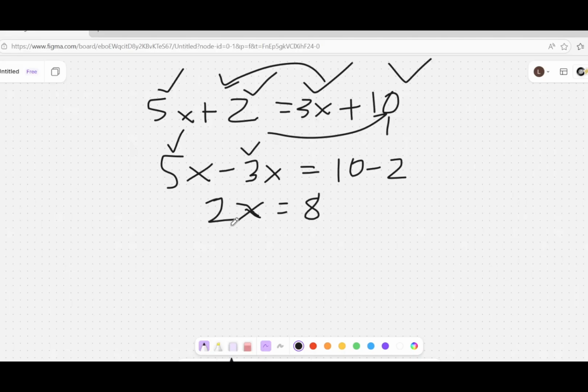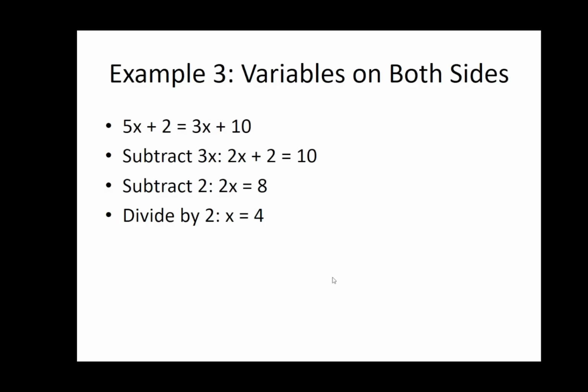And to isolate the value of x, I mean the variable x, we simply need to divide both sides by 2 and get x here on the left side, and 8 divided by 2 is 4. So 4 is the answer here. Let's see if we got it correct. Okay, so this is the answer in this problem.